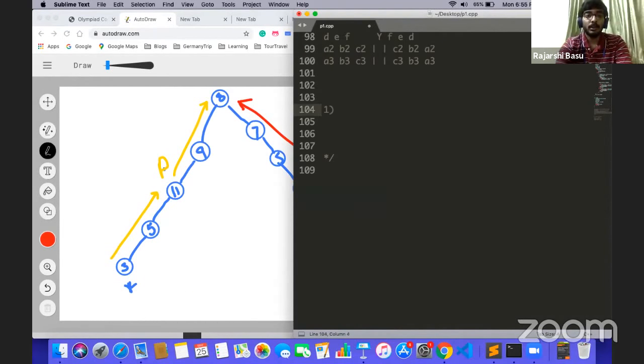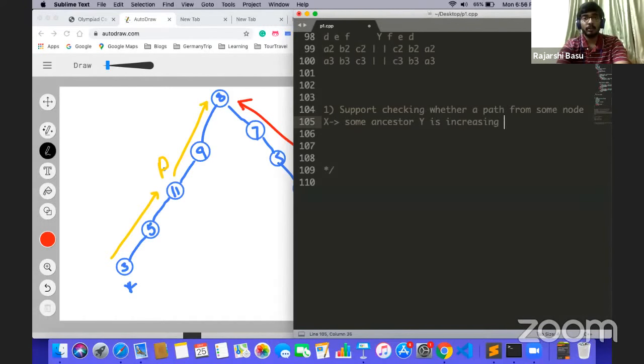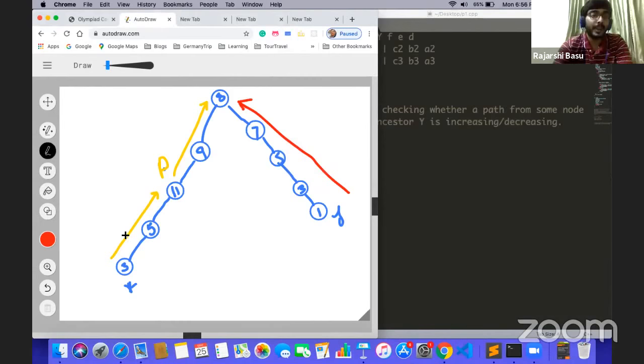One, support checking whether a path from some node X to some ancestor Y is increasing or decreasing. If we can somehow answer these queries, whether the path from X to some ancestor Y is increasing or decreasing, then we can effectively solve the entire problem, right? We can just find the first